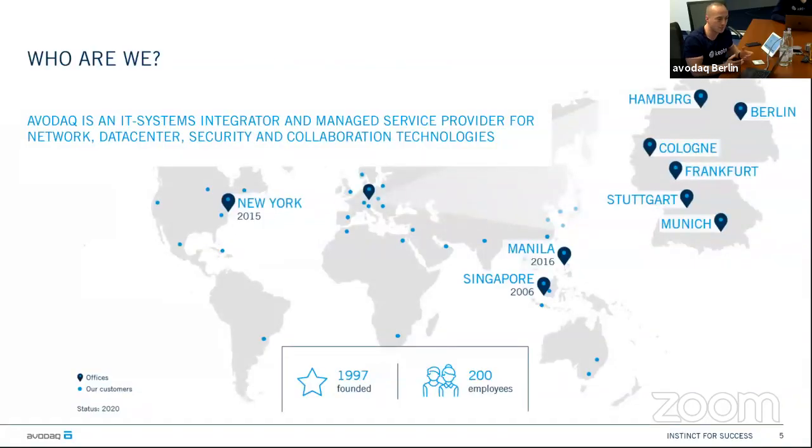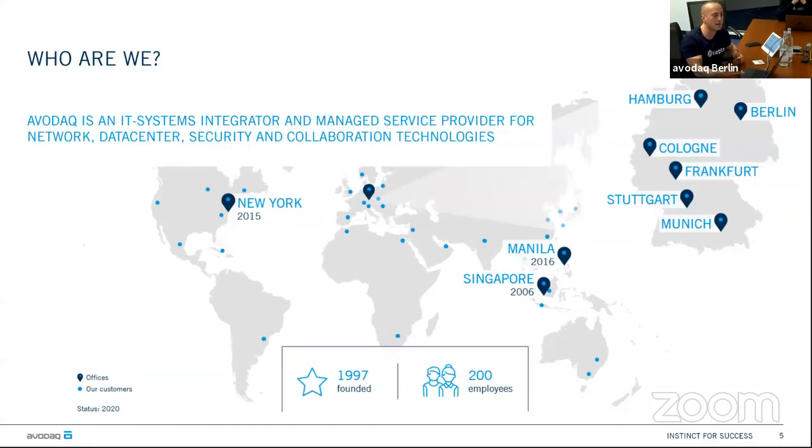As you can see, we are, I would say, not a very large company. We are 200 people all over the globe, heavily focused in Europe, and with a few offices in the APAC region. And what we are doing, we are providing managed service for infrastructure. So we are talking about the network, data center, security solutions, and of course collaboration solutions. And for this, we have all over the globe deployed a managed service team who is taking care 24/7 of the infrastructure of our customers.